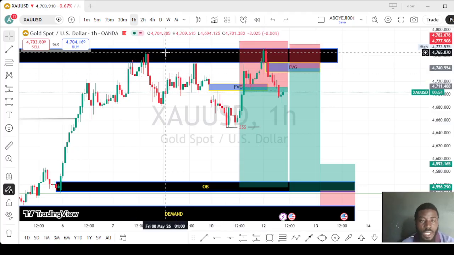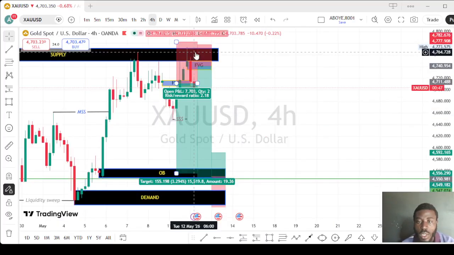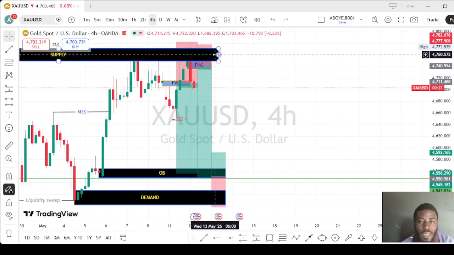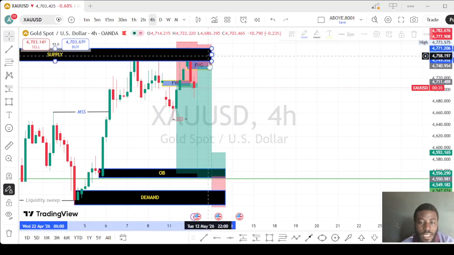And this is not a liquidity. This is not a valid break of structure. It is a liquidity sweep, because on the 4 hour time frame, this is what the 4 hour time frame gives us. This is a liquidity sweep on the 4 hour time frame. You can see the liquidity sweep on the 4 hour time frame. So we are still expecting the market to come to this supply again. Probably if the market comes to this supply again, and we see a